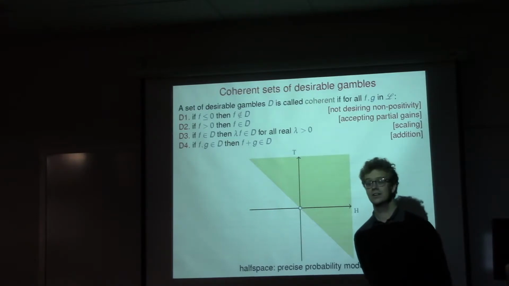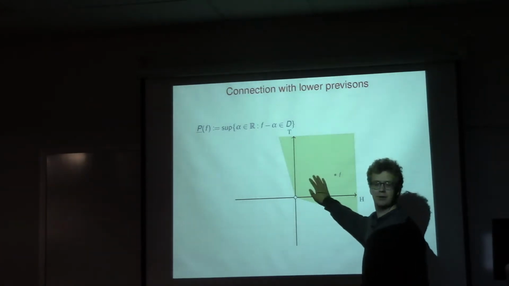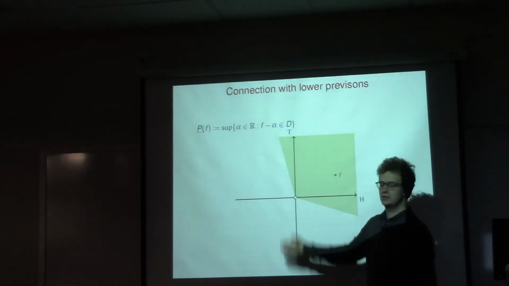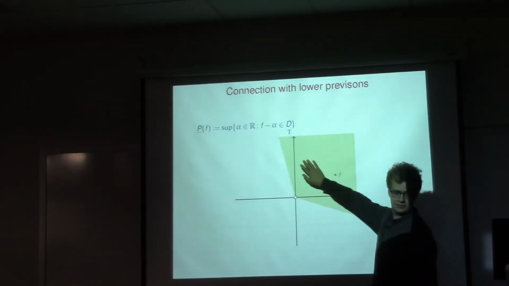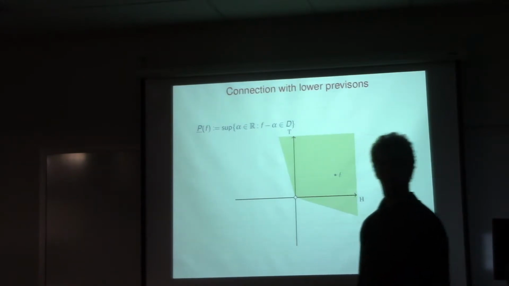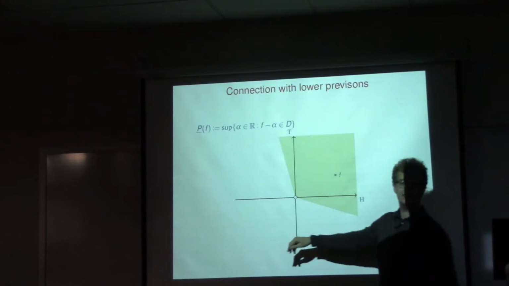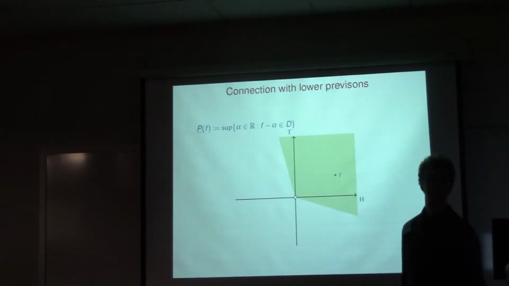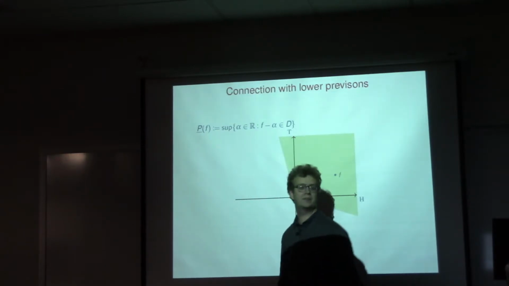Okay, shall I go on? Yes. So we have a set of reliable gambles. I want to stress that this is my primitive model. So I don't start with a set of probabilities or anything else. I start with this, and this is my beliefs. Now I want to make the connection with a set of reliable gambles, or at least given this, I want to define a convex and closed set of reliable gambles. And how does it work? Well, I will do it through a coherent lower prevision.